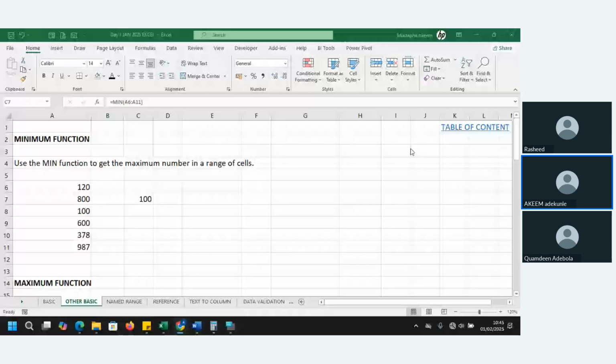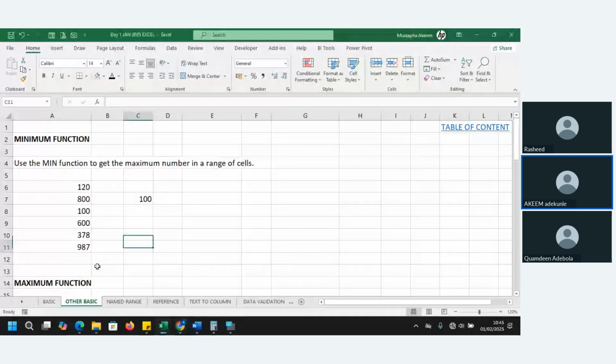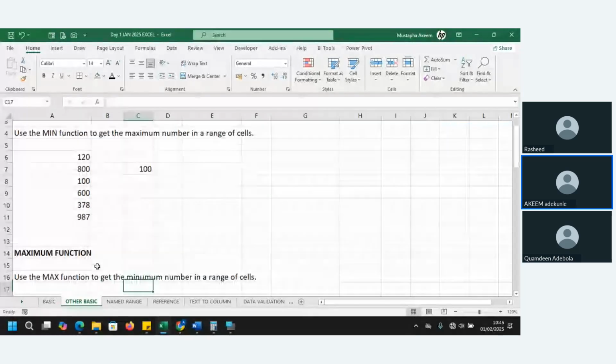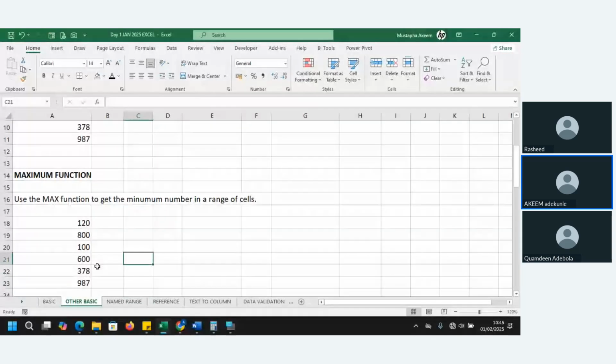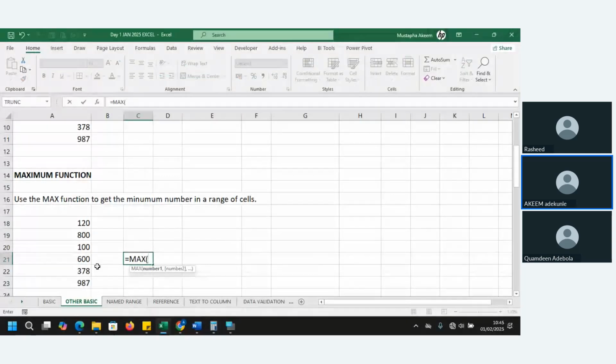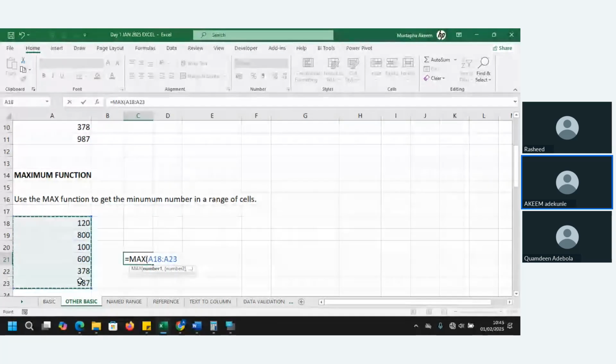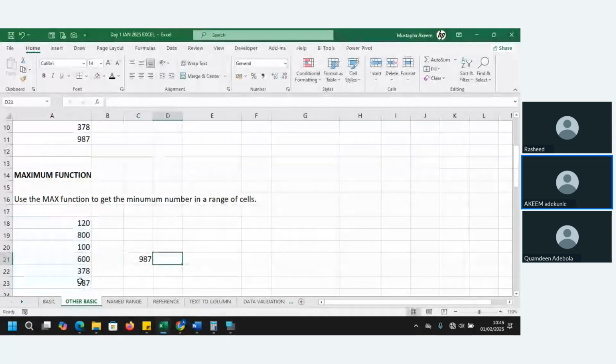Before you drag a cursor up and down, somebody with shortcuts will have done the thing and moved on. So just like the minimum function, we have the maximum function too. Equals to MAX. Open the bracket by using Tab, select the numbers, and close the bracket by using Tab also.